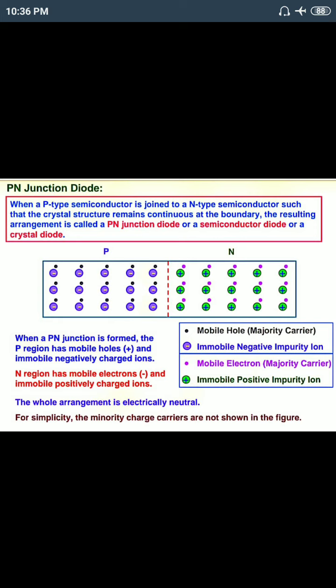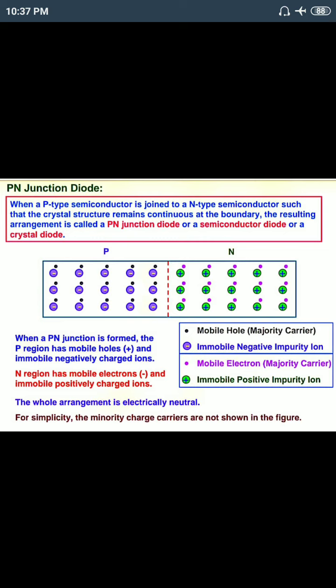So again the immobile negative charges are accumulated near the junction, and immobile positive charges are accumulated near the junction in the n side. N side means negative, but after the diffusion process, near the junction the positive immobile charges are accumulated, and p side means positive. After the diffusion of holes, near the junction negative immobile charges are accumulated. These charges are not moved from one place to another place, and this will resist the further diffusion of holes from p to n and electrons from n to p.